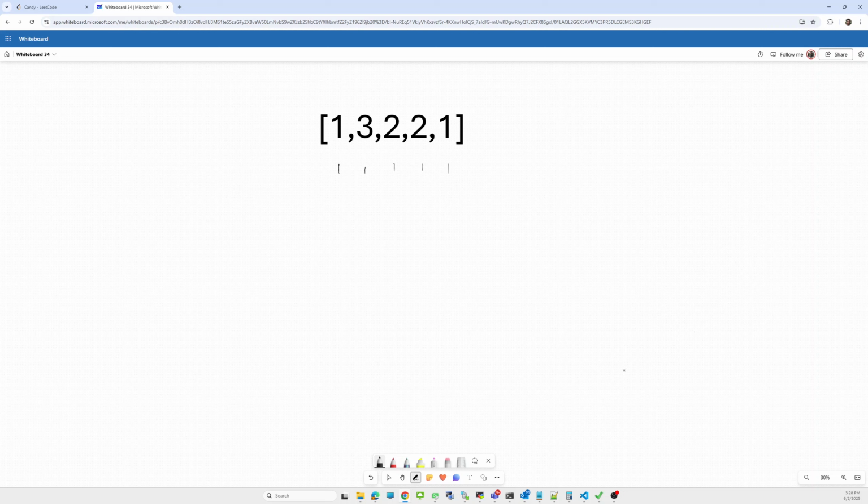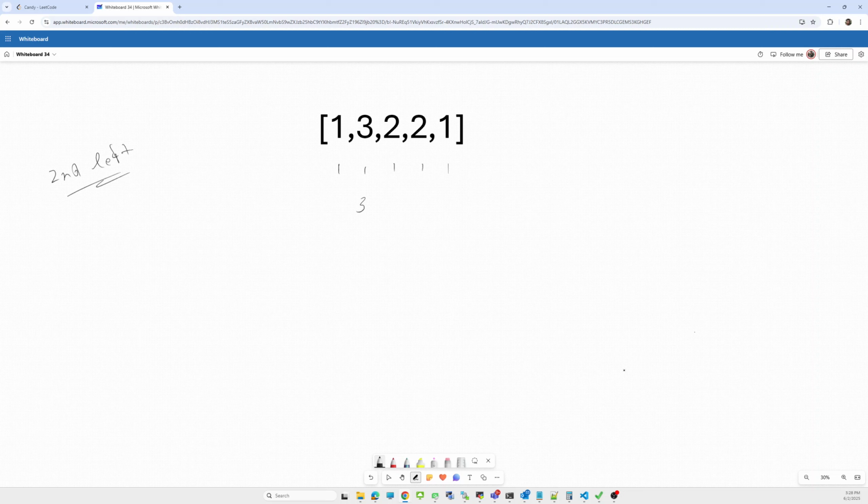Now there is a second rule also. If the current child has a higher rating than the previous one, then we have to update. So how do we check? We start from the second child in the list and compare with the immediate left, like let's say three.